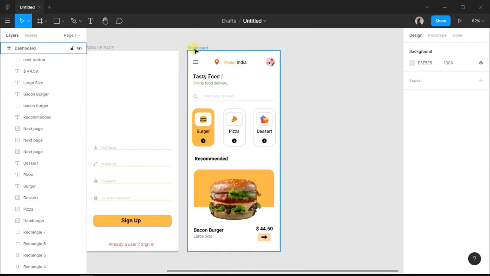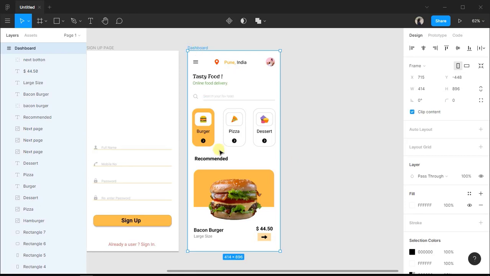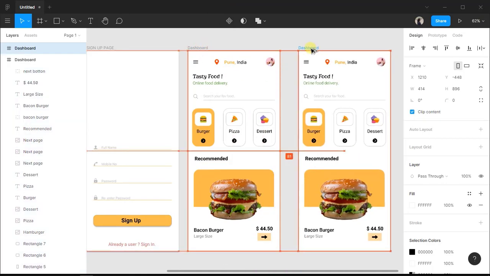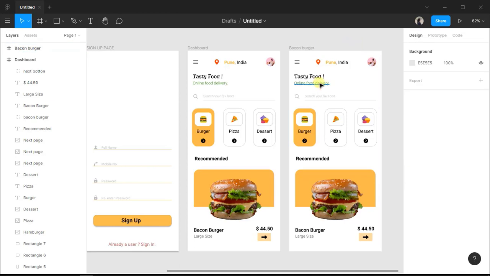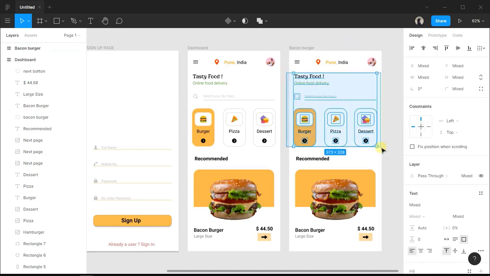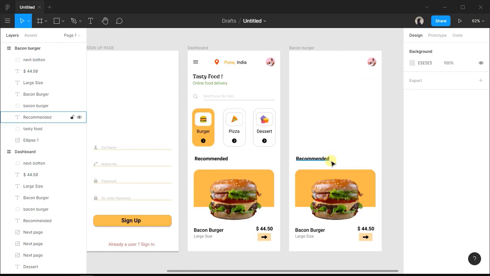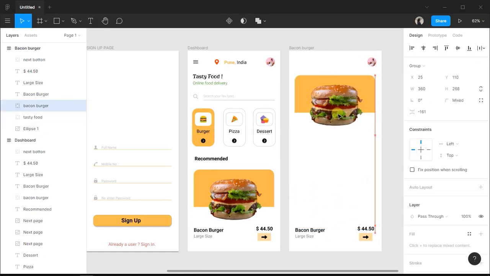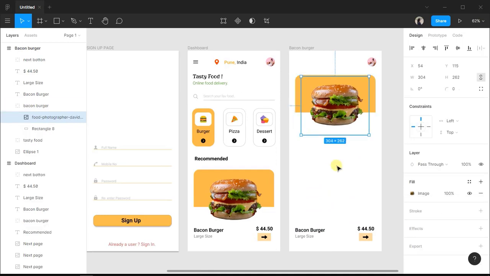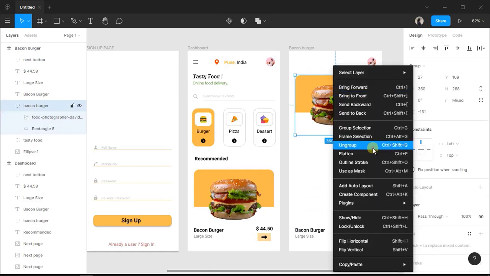Now we will design a page with the details of this burger. So let's copy this same board and rename it with say bacon burger. We don't want all of this, so delete it. Now let's take it upside, ungroup it,